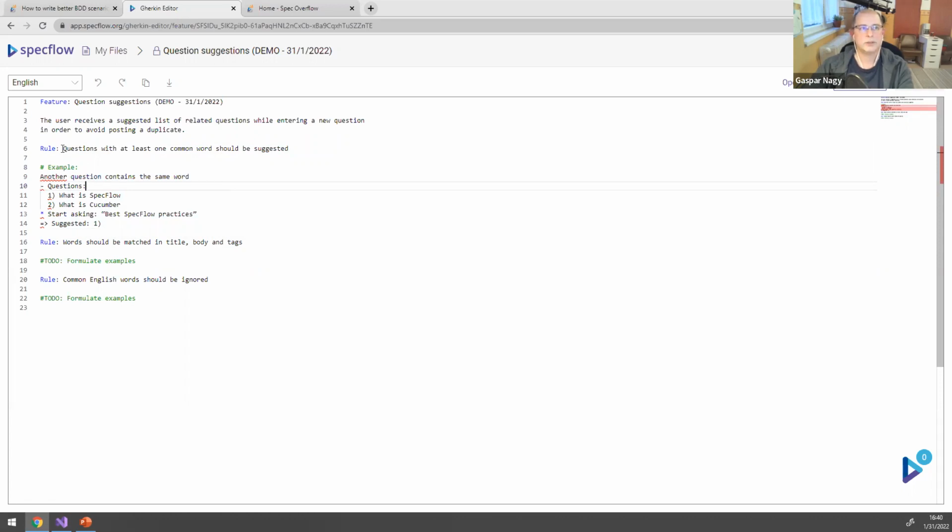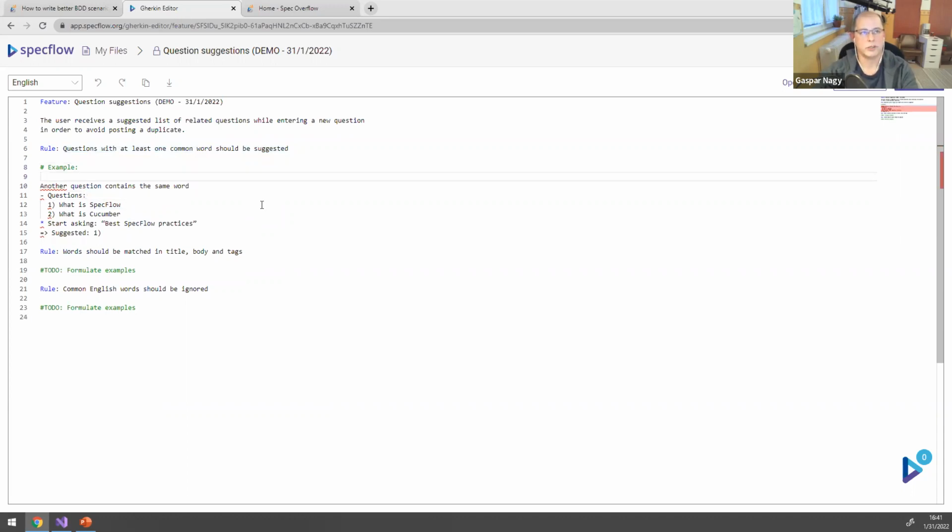That's not so well known because it just started to be supported in the recent versions of SpecFlow, but that's a valid keyword in Gherkin. Basically, you can use it to group the different scenarios to the different rules they are supporting. So the first example was that we have these two questions. You remember, and if I'm asking the best SpecFlow practices, then the first one should be suggested. And this is the one that I would need to transform or